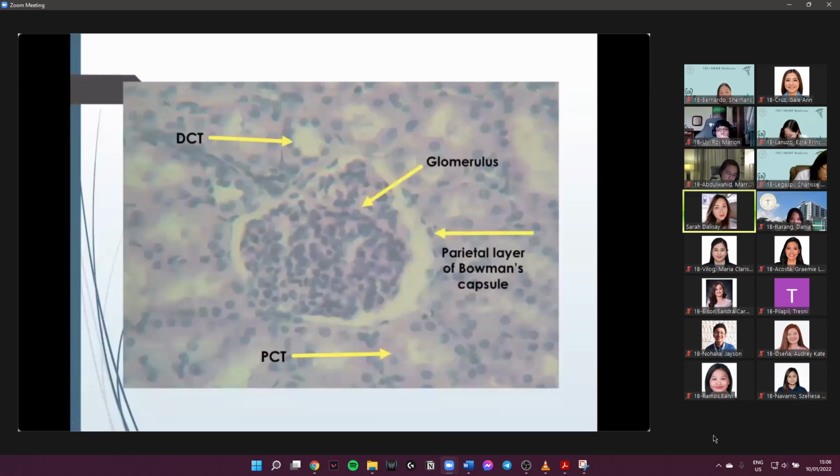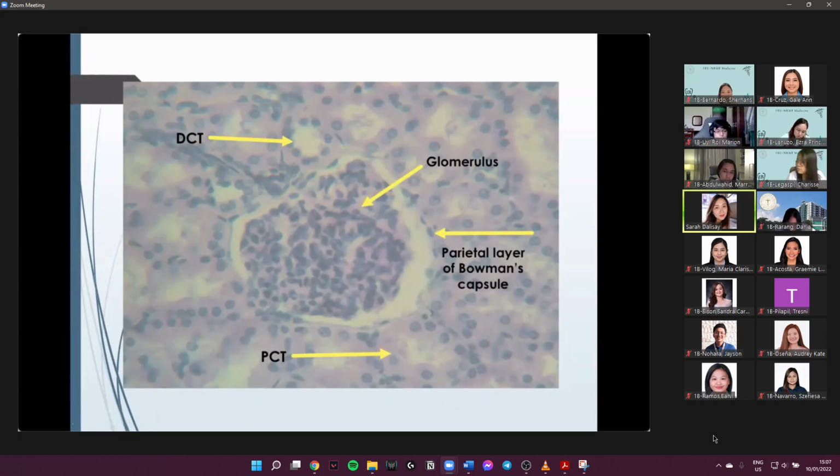As we were saying, the main structure that we're looking at here is, as a whole, what we call your renal corpuscle. Now, the renal corpuscle is made up of several parts. Firstly, you have what we call your Bowman's capsule. So here, this is your Bowman's capsule over here. And of course, also what we call your glomerulus. So this one here. That will be in total what we call your renal corpuscle. Now, aside from this, we also have what we call the renal tubules, and we have basically 3 of them.